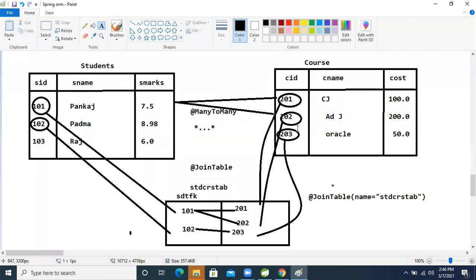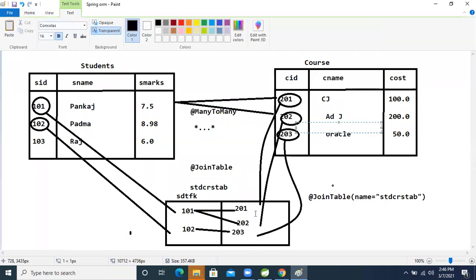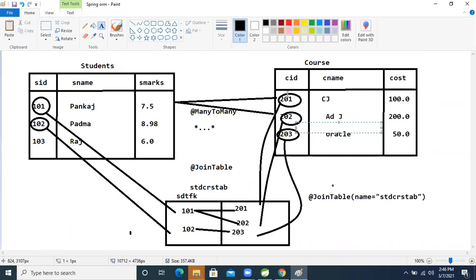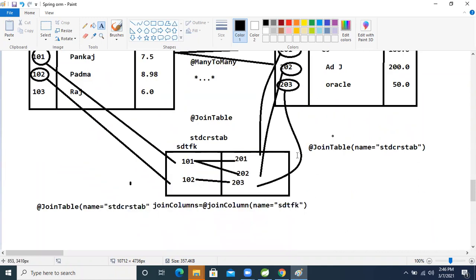Proposition is there, right? So we need to take the inverse. For that again we will apply it. If we are taking a child table, and the foreign key means the primary key in the third table, if we want to make it a foreign key, then that is called inverse, right? Inverse join column means we are taking it inversely. We are doing the inverse.